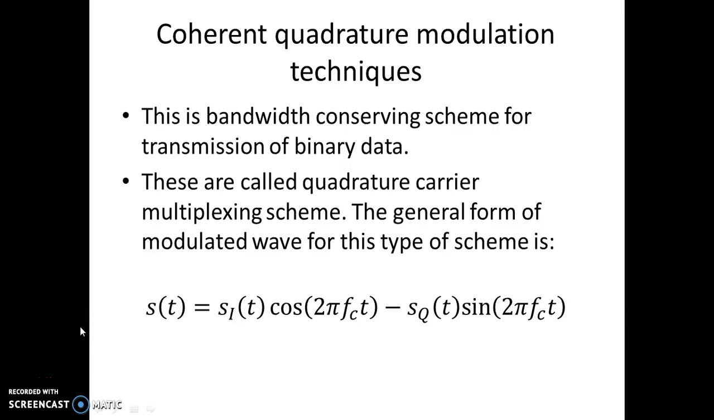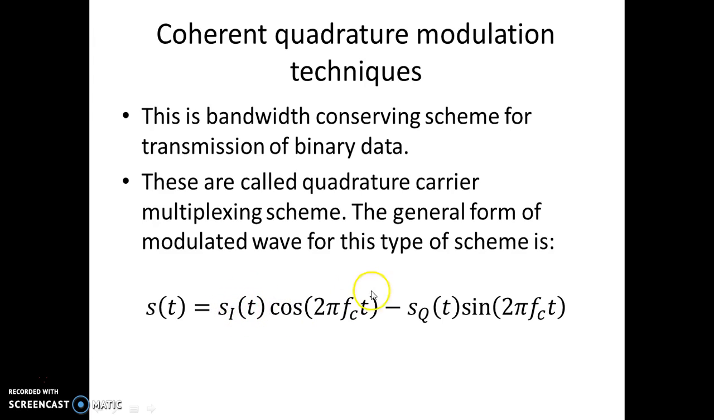The next topic is coherent quadrature modulation techniques. These are bandwidth conserving schemes for the transmission of binary data. These are called the quadrature carrier multiplexing scheme because here there are two carriers, cos 2 pi fct and sin 2 pi fct, and they are in quadrature with each other. The coefficient of the cos 2 pi fct carrier is named as the in-phase component Si of t,